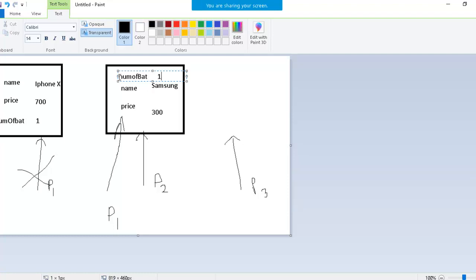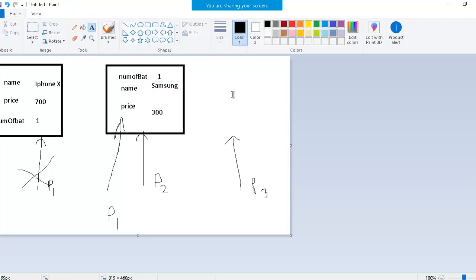But this doesn't make any sense, because all the phones obviously have one battery. So you just cannot initialize this object again and again with number of batteries to 1. Right, it doesn't make sense because you know that the default value is 1 only. So what we do is that we remove this property from the object by writing